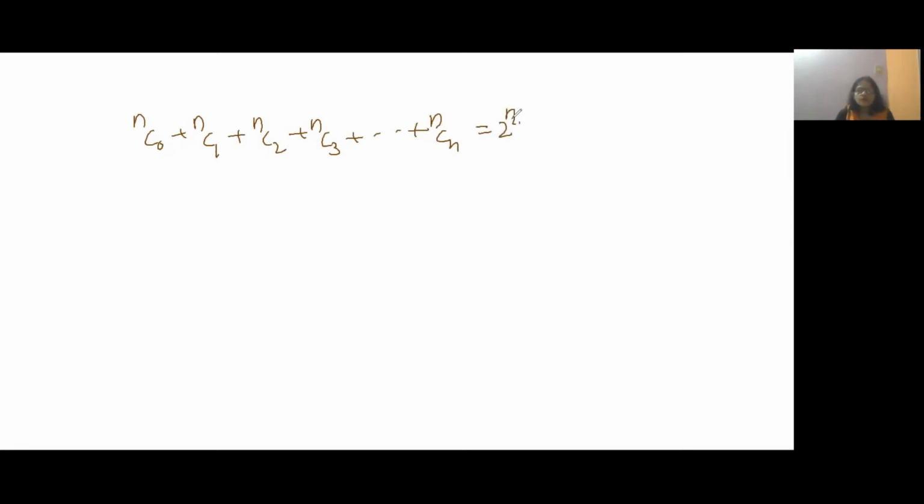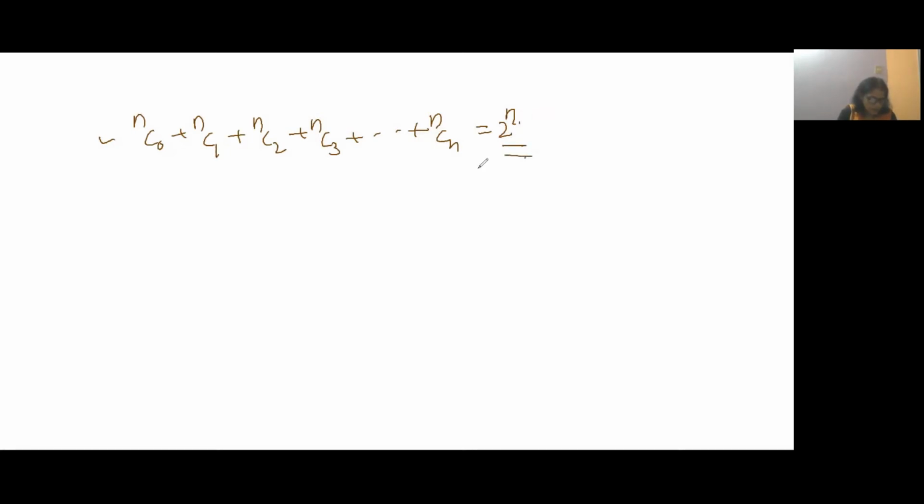Whenever it is written "any number of times", you can take any number of them at a time. So out of n objects, you may not select any, or you may select one object, or two objects, or three objects, and going on like this, you may select all the objects. So mathematically we write NC0 plus NC1 plus NC2 plus NC3 and so on, up to 2 to the power n. That is equal to this result.